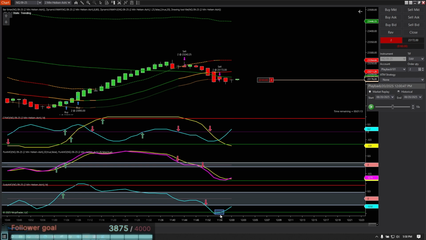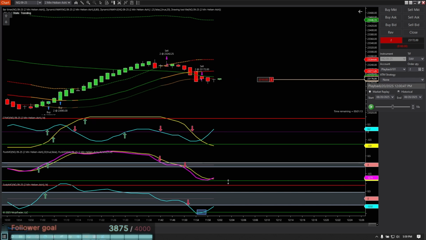Now, don't take this by itself. In other words, don't look at this and say, well, I heard Chris say that if ScalpMO on the trend chart falls all the way to the bottom, I should be cautious. You should use it in combination with your primary execution tool, which is PureMO right here. So here's what I want you to look at. If ScalpMO is telling you that price might be getting a little bit overextended, and you're all the way here with PureMO at the bottom, at your like 0.90 threshold,